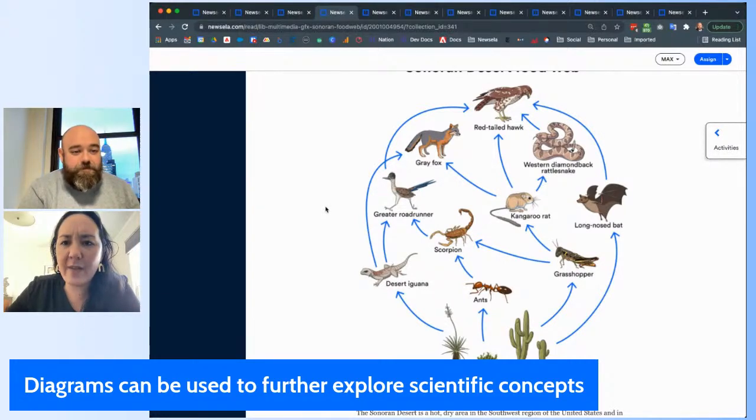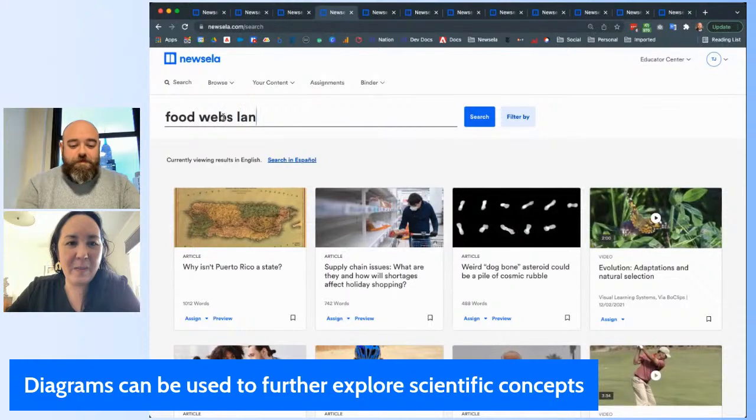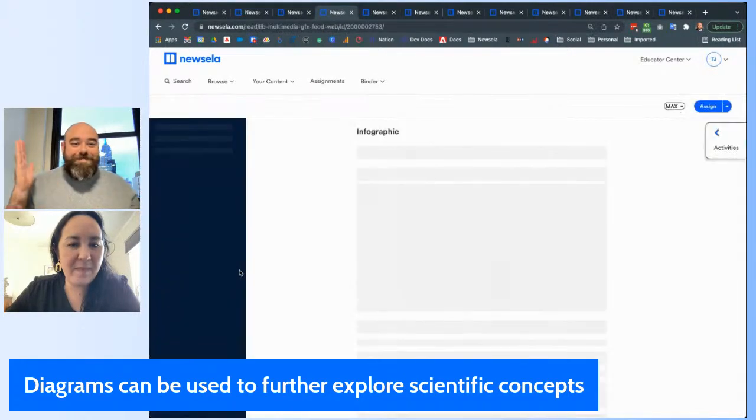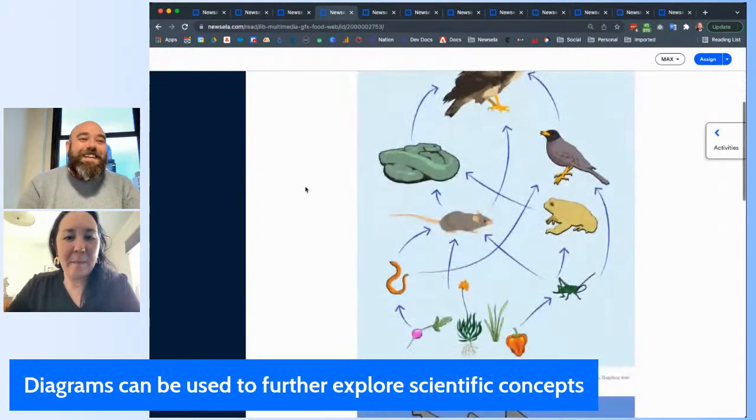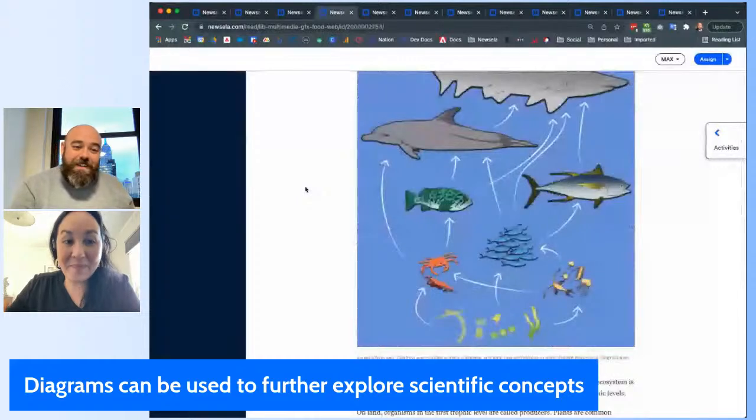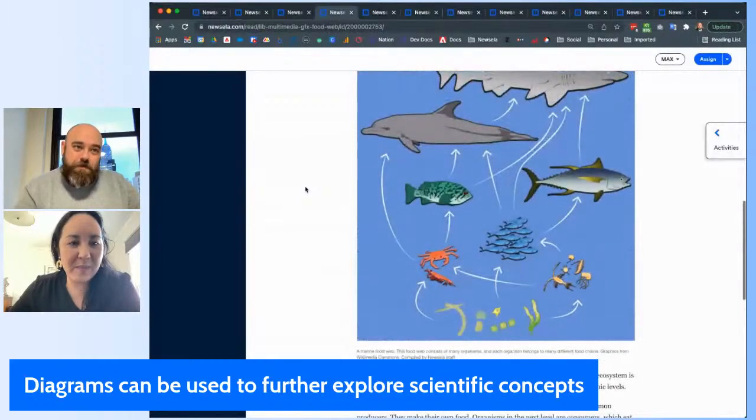I believe we even have one that is food webs of land and sea. So that could yield a really interesting conversation. I'm going to search that really quickly. I love our search functionality. Yes, so good. Oh wow! So this actually has a couple of different diagrams in the same text. That's so cool. So it sets the students up to be able to draw some comparisons